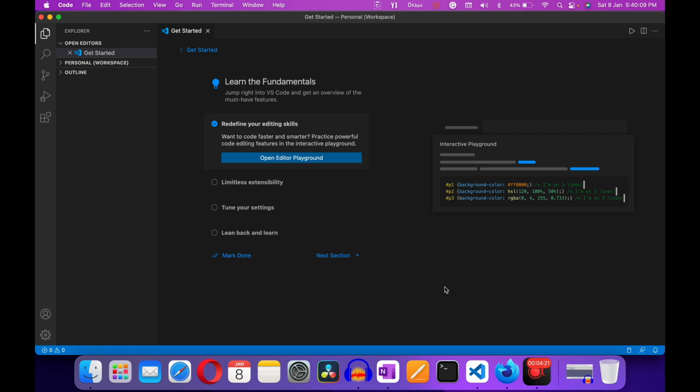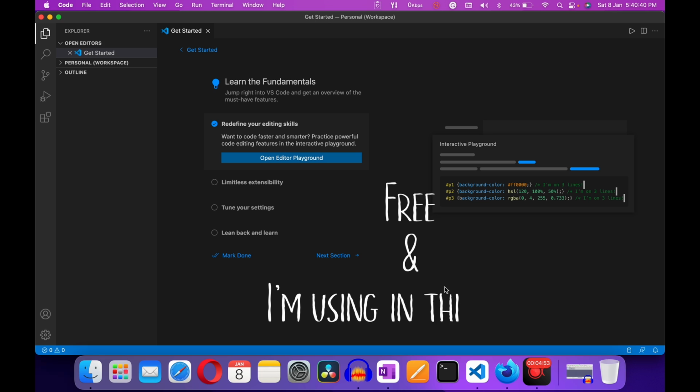So let me tell you what Visual Studio Code is. Visual Studio Code is a text editor we are going to be using throughout the course. Now I want to give you a full disclaimer before we go forward with this. You are free to use whatever kind of text editor you want, but I am going to recommend using Visual Studio Code for a couple of reasons. One, it's free, and two, it's what I am going to be using throughout the course.